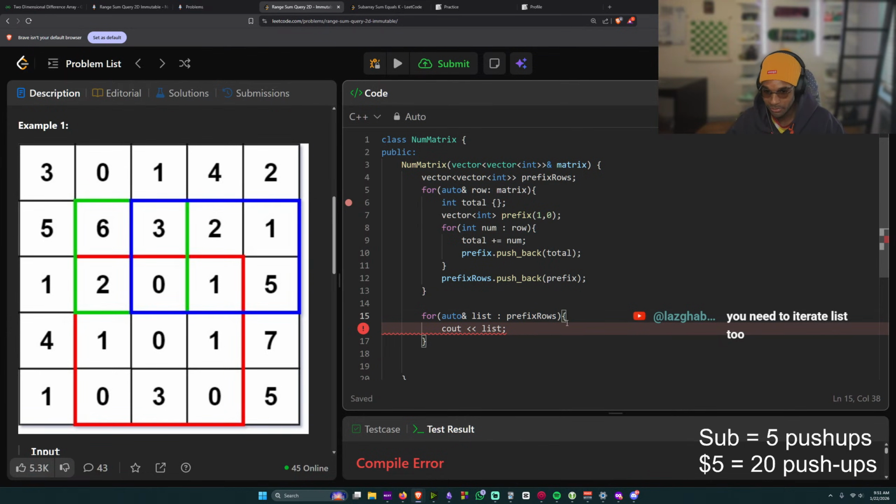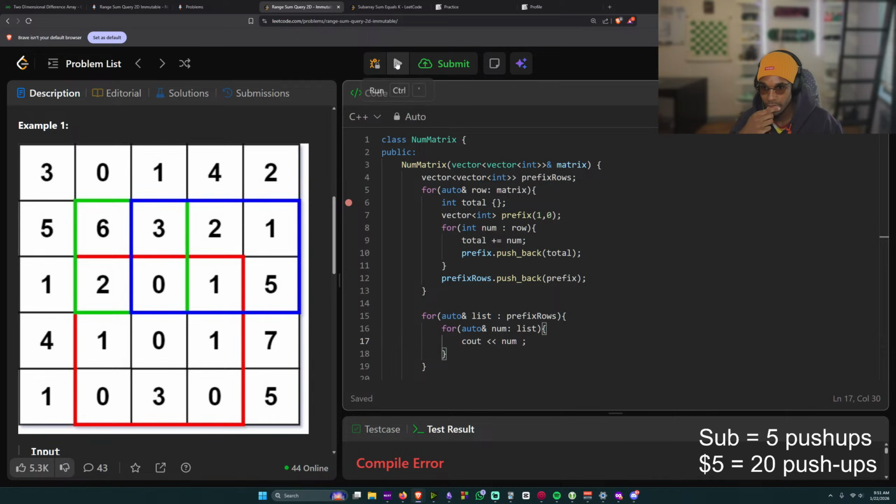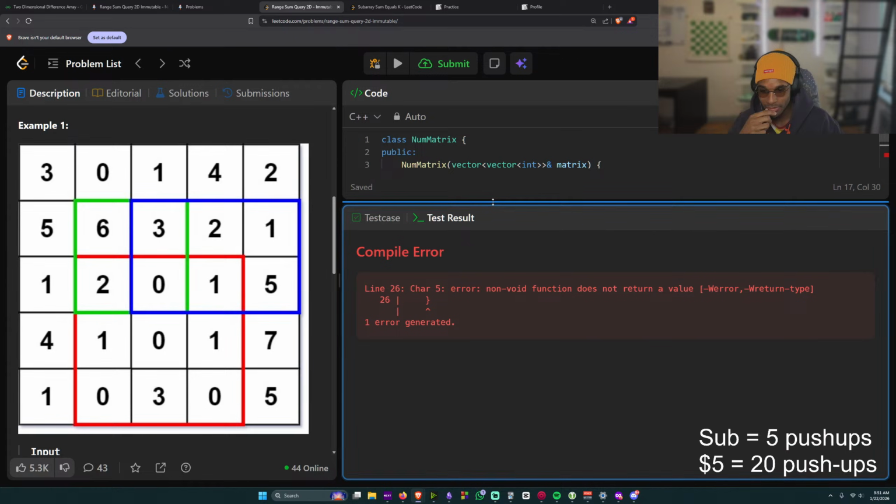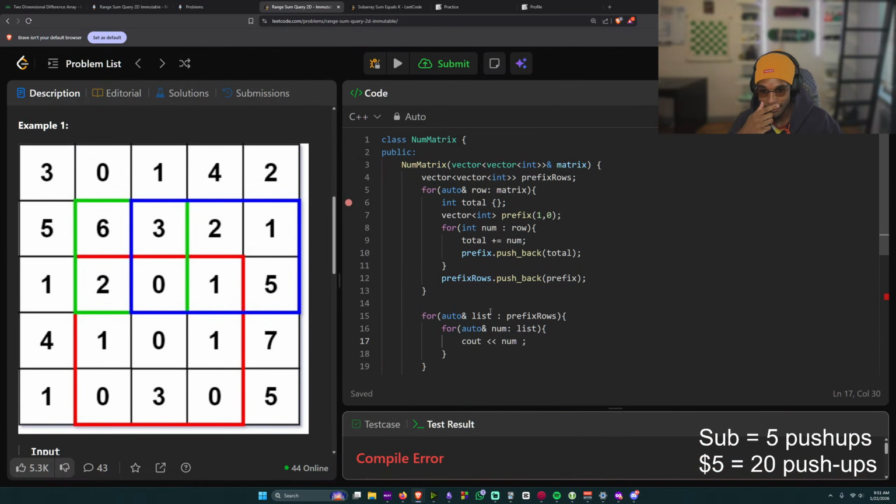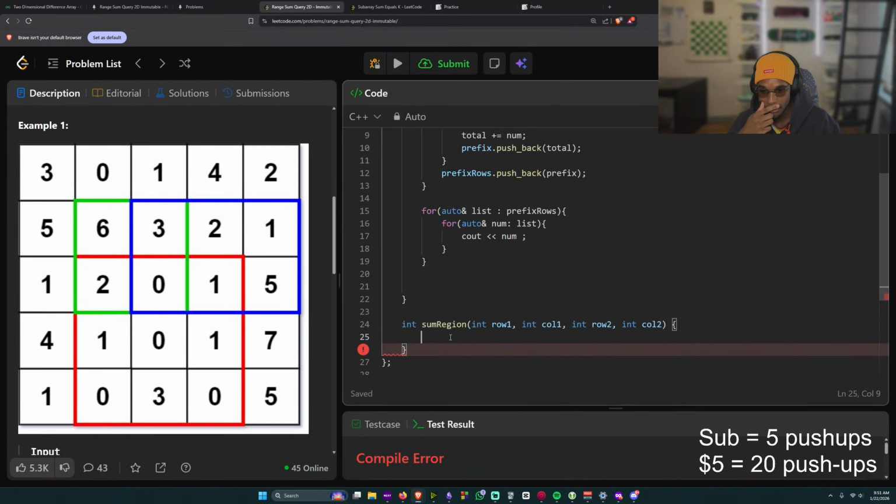You have to go, oh my god, for auto num in list, cout num, like that. It's kind of weird. I don't know if anybody has a reason why, or another compiler. I probably forgot a colon. Is there no pass? I don't know.